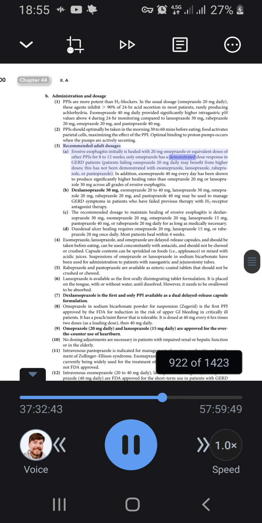Only omeprazole has a demonstrated dose response. GERD patients failing omeprazole 20 mg daily may benefit from higher doses. This has not been demonstrated with esomeprazole, lansoprazole, rabeprazole, or pantoprazole. In addition, esomeprazole